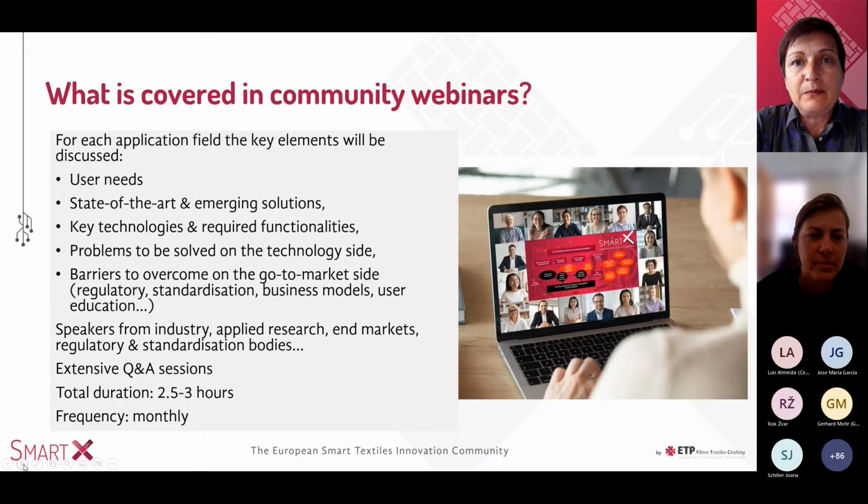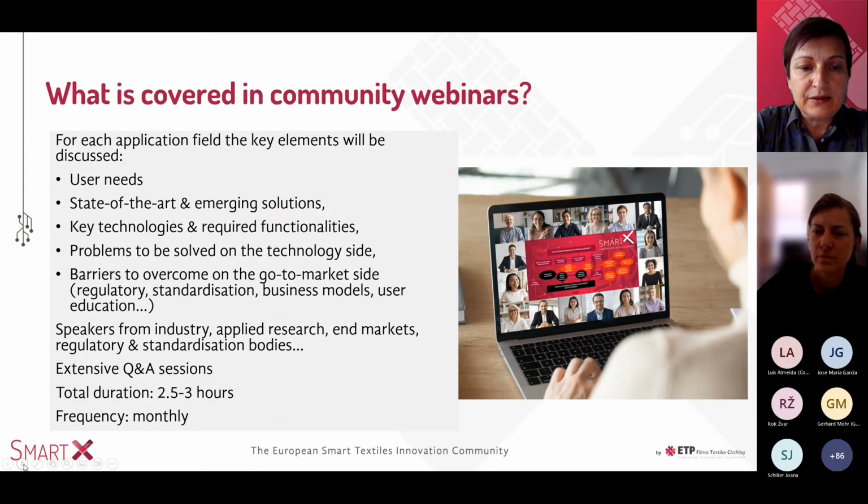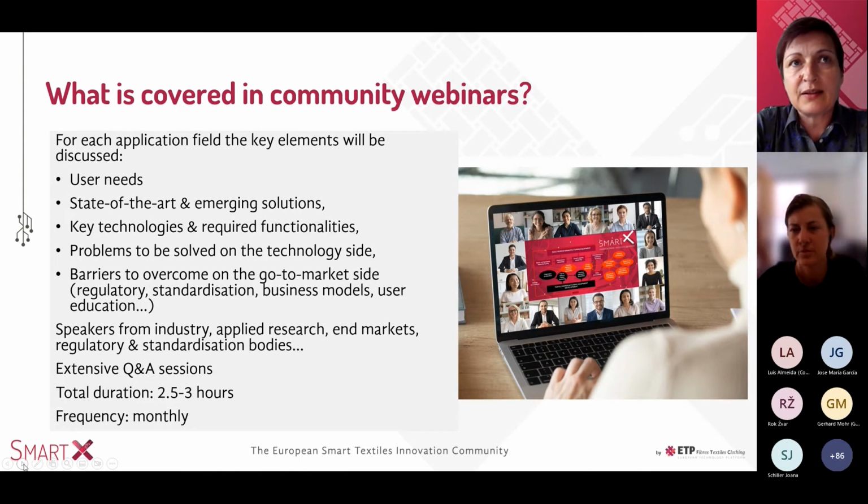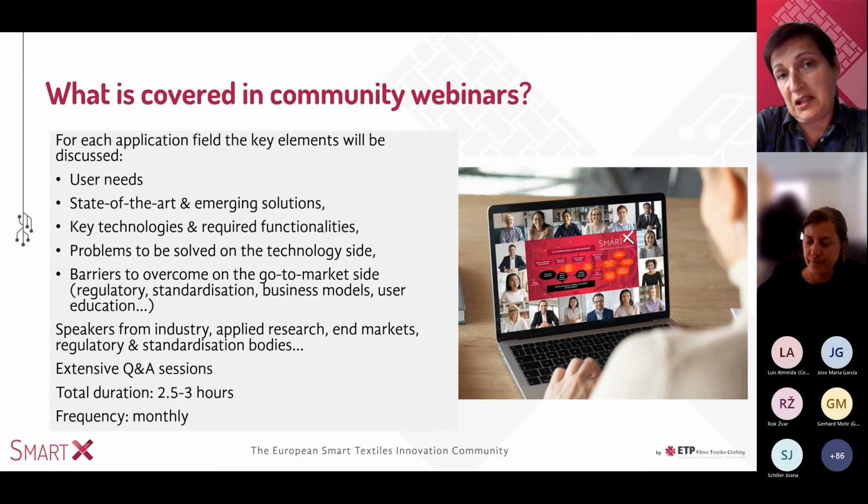For example, if I may introduce some example through the medical application field, I've seen in the past or recently that we have many prototypes which are supposed to find a target group in the medical sector. But nevertheless, there are barriers and reasons why this is not happening. And first of all, for specific application fields like the medical sector, we need to understand user